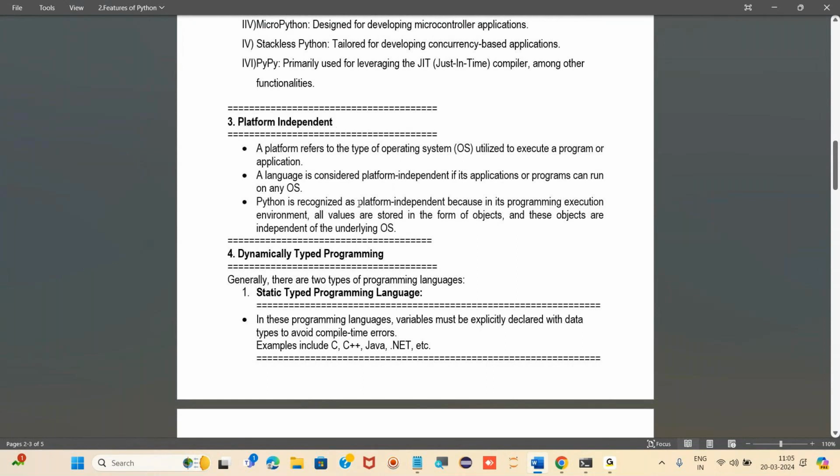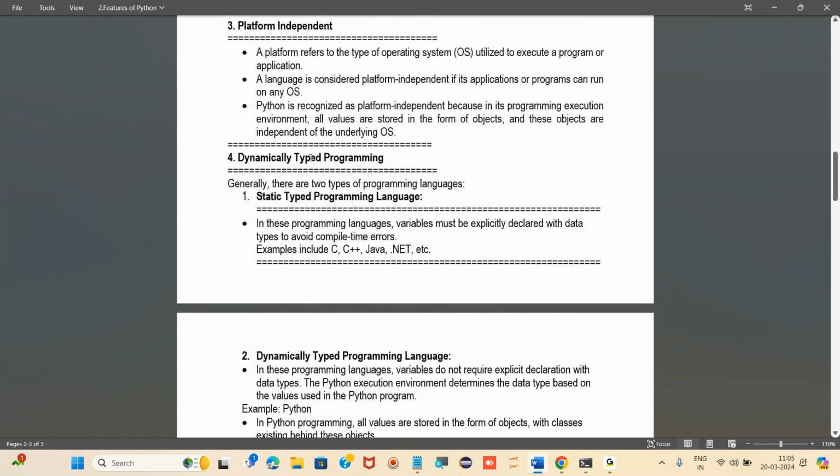Got it? Dynamically typed means we do not need to give explicitly any kind of data type. We do not need to declare any kind of data type explicitly for the variable.